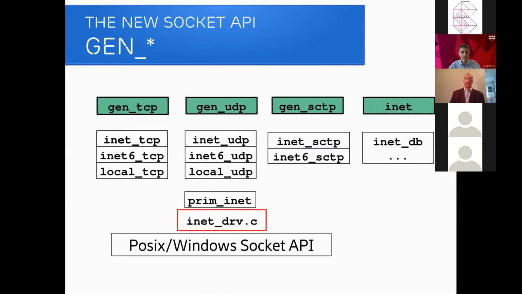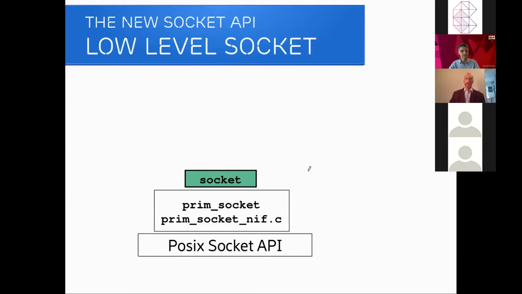So today, gen_tcp and friends have a bunch of helper modules working for them. There's one per address family, and also some common helper functions. Then it all comes down to prim_inet and the inet driver and down to the platform's APIs. The inet driver, since it's a driver, is kind of like a process in that it has to be scheduled to run. And apparently this API was not enough, because people, even ourselves, are using prim_inet directly because we have to. So we need a new low-level API.